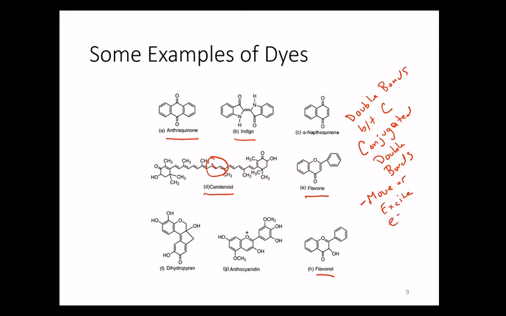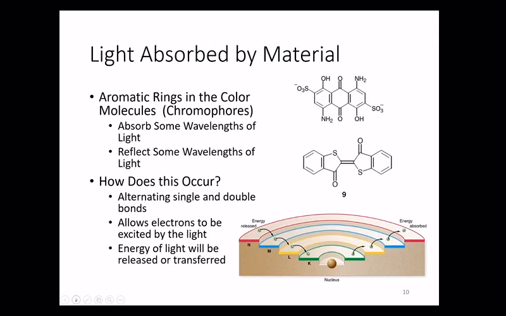And that's really what is happening when the molecule is absorbing light. It's using the energy in the photon to excite the electrons. If it's not able to excite the electrons, it's simply reflected off, and that's what we can perceive. Okay? And so this is, what do we mean by